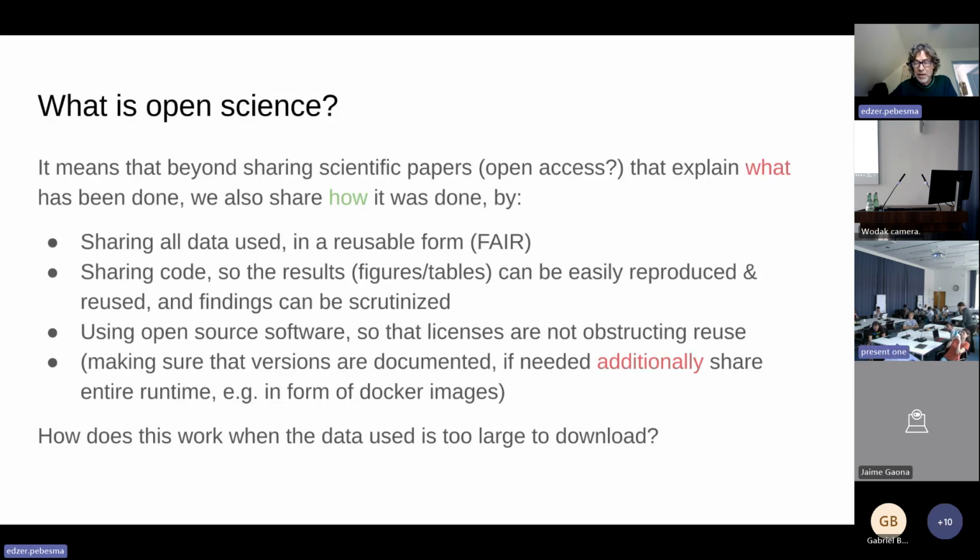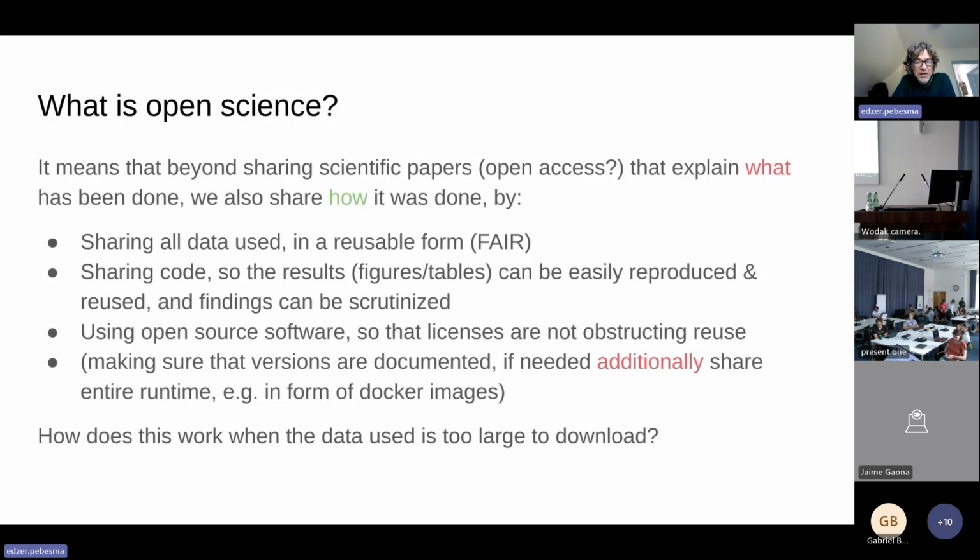It's not only about redoing, but it's also about building new work on top of existing work that is easier if somebody shares code. If you do that, your citations will dramatically go up, but also finding out what happened, and if you don't understand things, that you can go into the detail, meaning go into the software that was used and see what was going on there. So for that, you need to use open source software so that licensors are not obstructing reuse, that you can actually do that. There are not unnecessary costs like paywalls for scientific papers and so on.